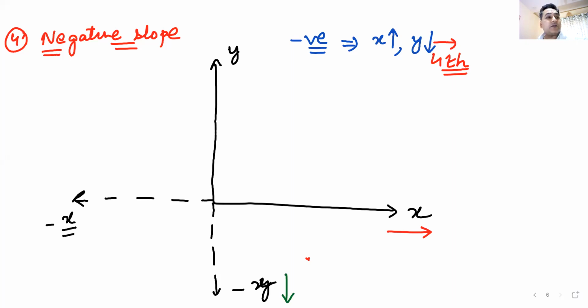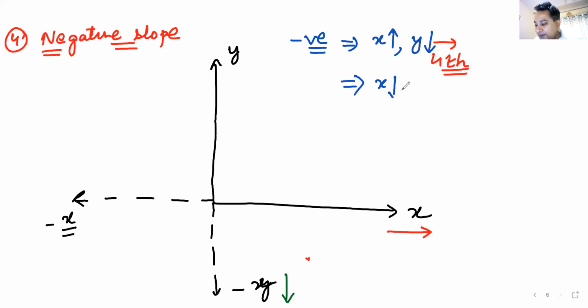What is the other way of saying the same thing? X is increasing, y is decreasing. That is one graph with a negative slope. Again, it should be negative in the second quadrant. What will happen in the second quadrant? Can anyone tell me? Santosh, you are saying it wrongly. Y increasing, x decreasing. No, y is the independent variable. No, Chaturya, you are also wrong. Y increasing, yes, Raju, you are correct.